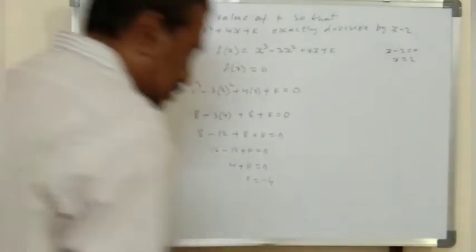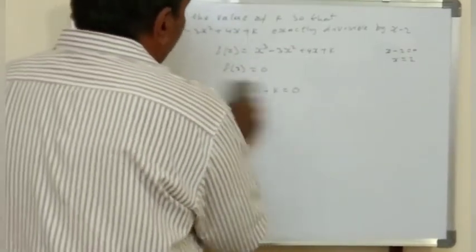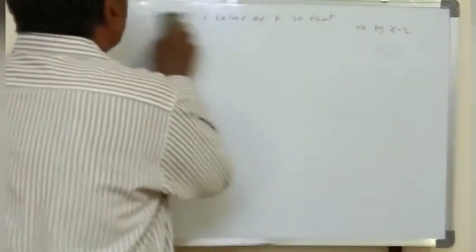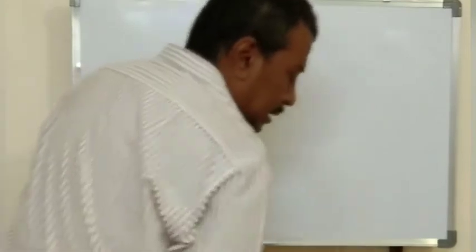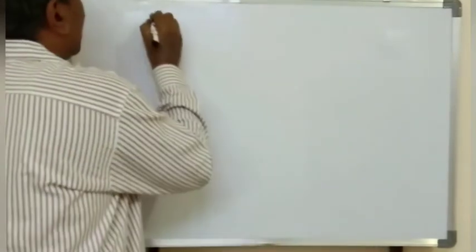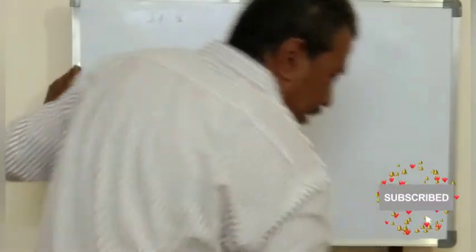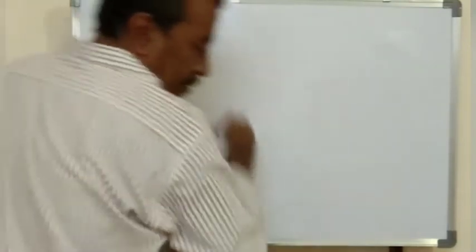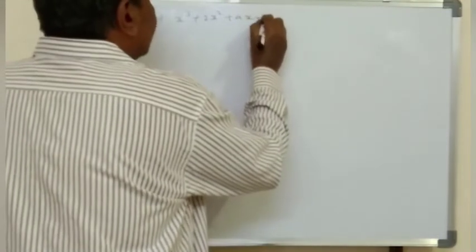Okay, so this is one kind of problem. We'll look at another type of problem based on this factor theorem. Here, if x cube plus 2x square plus ax plus b